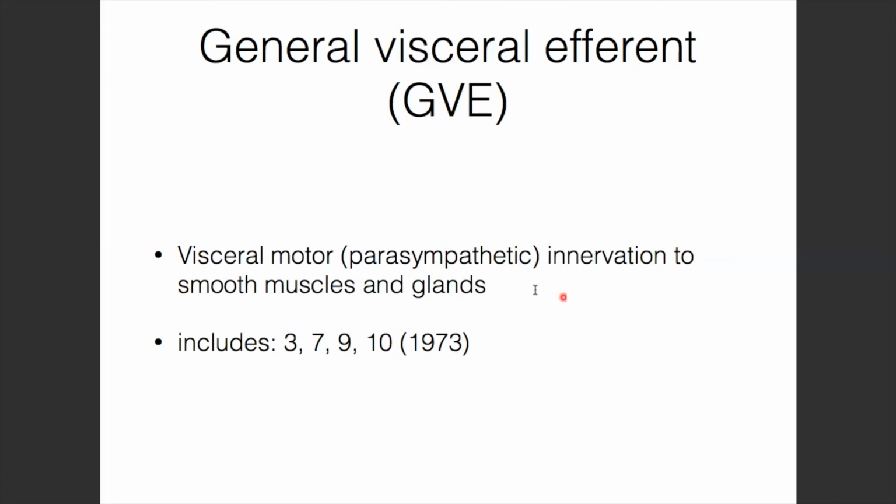ده بيعمل له control الgeneral visceral efferent. And it's very important to take into consideration إنه GVE is only pre-ganglionic. يعني لما الحاجة post ganglionic عندها another cranial nerve you don't count that as it. يعني you only count the pre-ganglionic. يعني for example إحنا عندنا third cranial nerve دي اللي هي الoculomotor. الoculomotor هتيجي شايلة parasympathetic innervation from the nucleus to الganglion. تمام؟ هتوديها للciliary muscles. تمام؟ يلا عايز تعمل الحاجة دي للeye it's not gonna go directly, it's gonna have to synapse صح؟ بتعمل post ganglionic nerve. يلا post ganglionic دي it's part of a trigeminal nerve, number 5. لكن it doesn't count as general visceral efferent. حاجة very important to take into consideration إنه general visceral efferent is only talking about the pre-ganglionic innervation ما post ganglionic. تمام؟